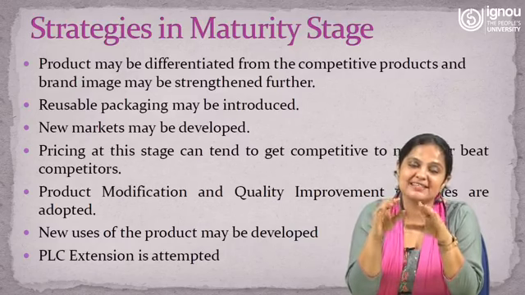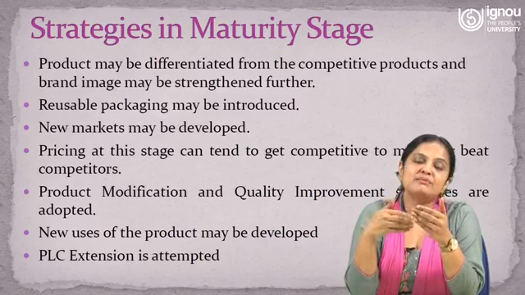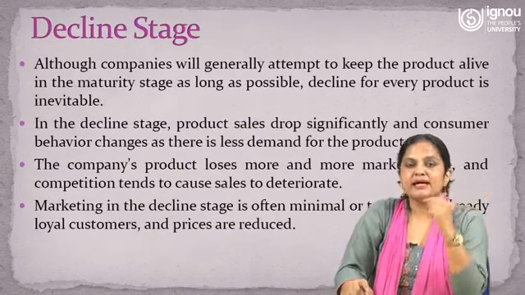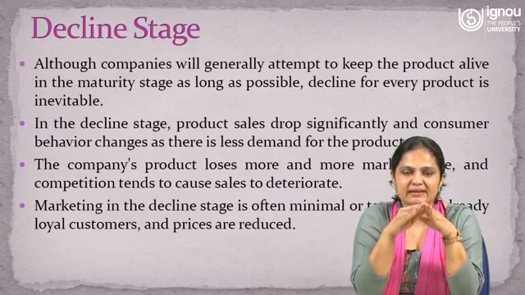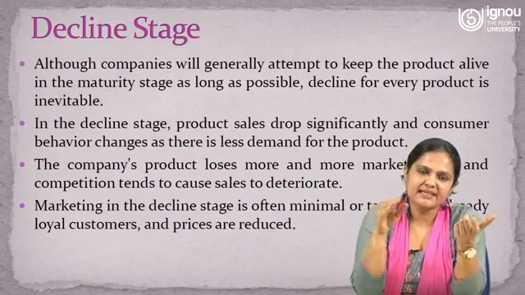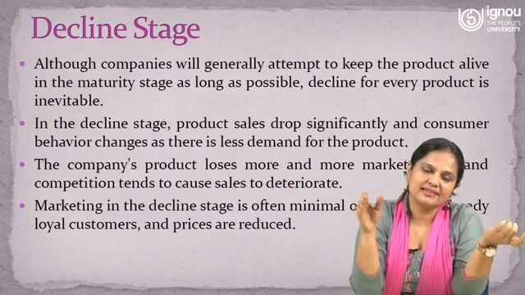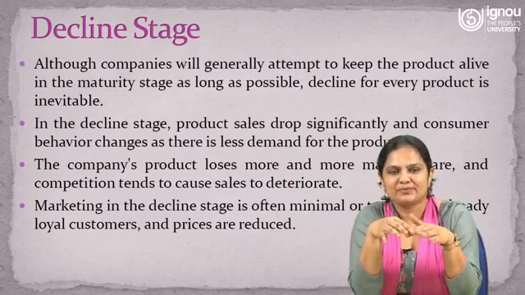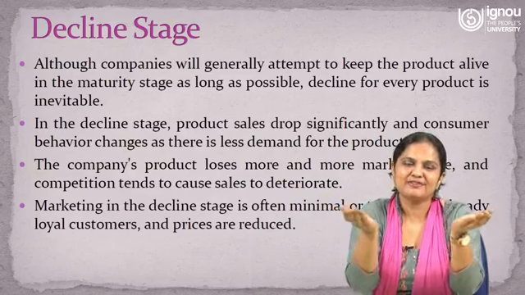If you see that there is a potential, a possibility, you will try as a marketer to make an attempt to extend the maturity stage. And then comes the decline stage, right? Eventually every product will come to a decline stage. Some products may take a little longer, some may take as little time as immediately after introduction if they fail. So this stage has to come. The only variation is the length, the time after which it comes, right?